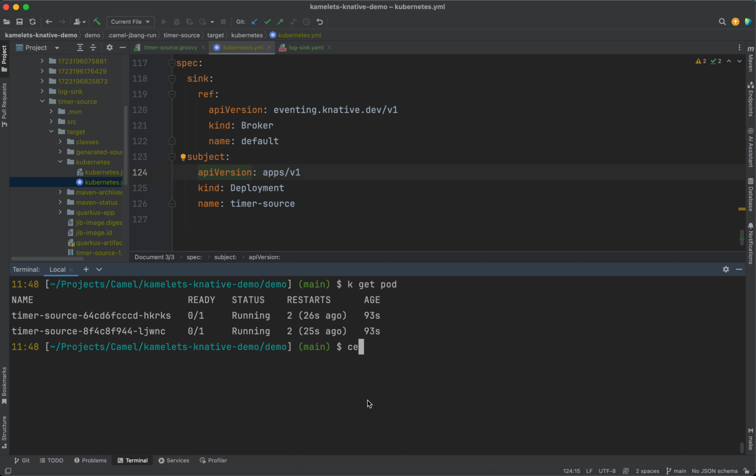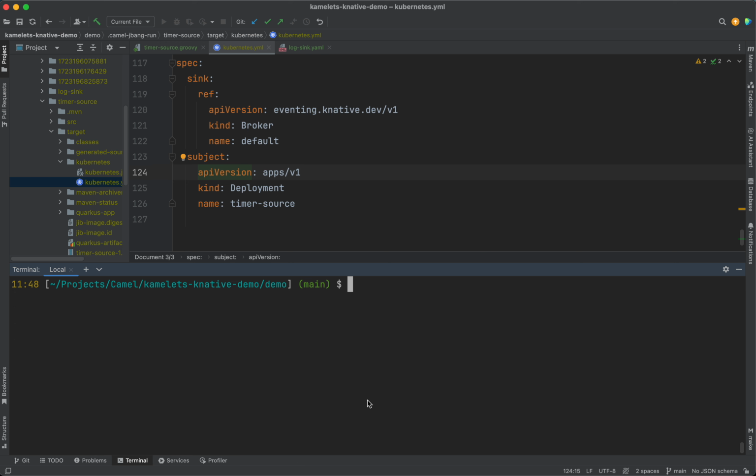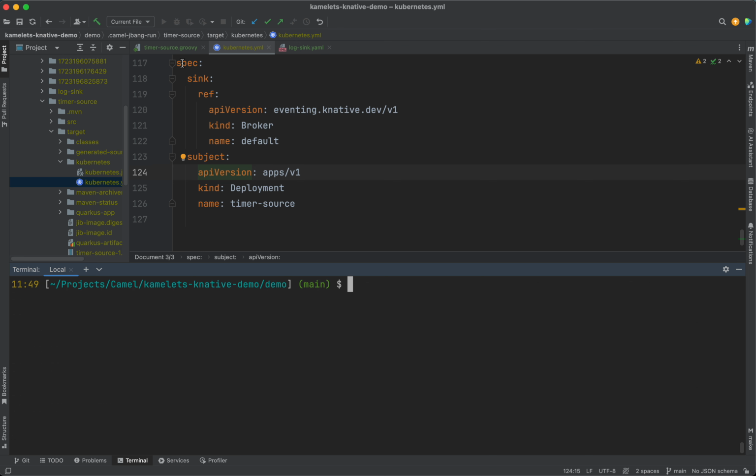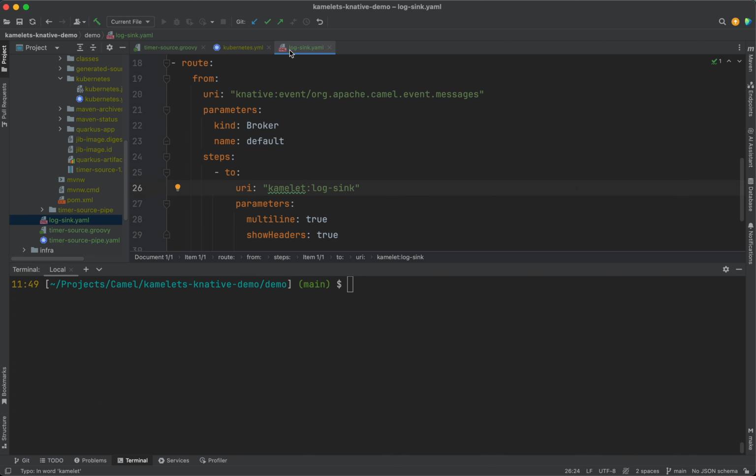running. We can also have a look into the Kubernetes logs of the timer source. Let's see. Yeah, this is periodically sending this timer event, and for receiving the events I can just have this little log